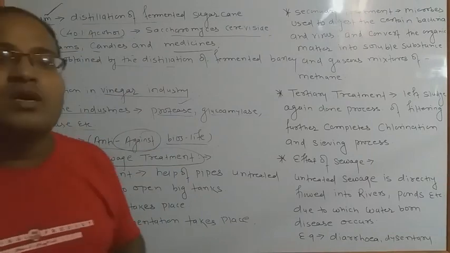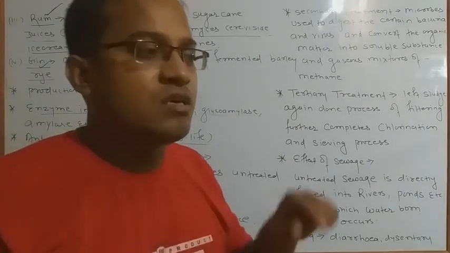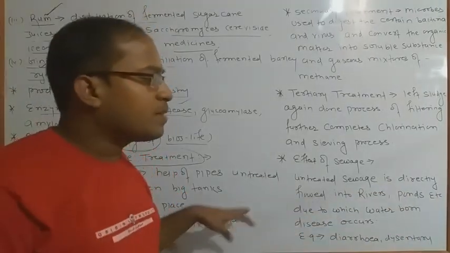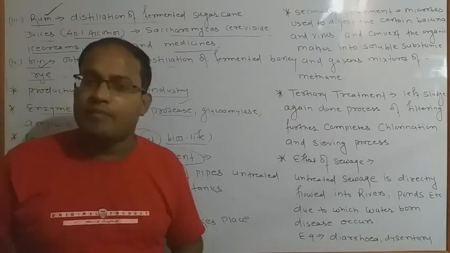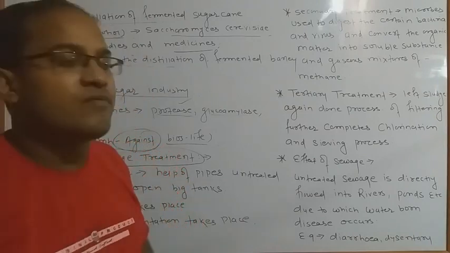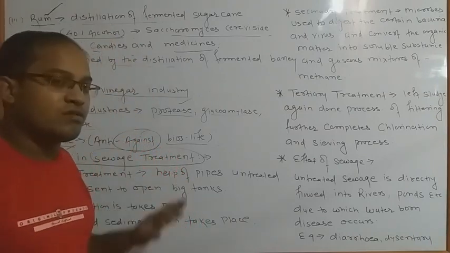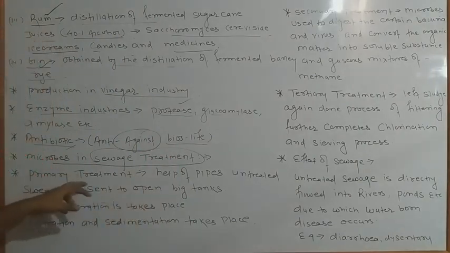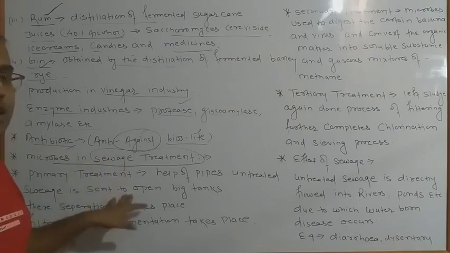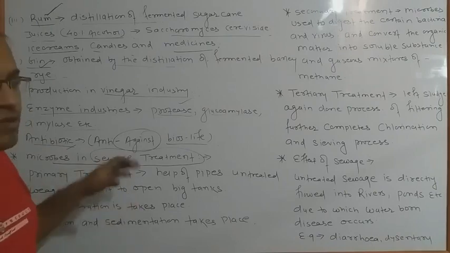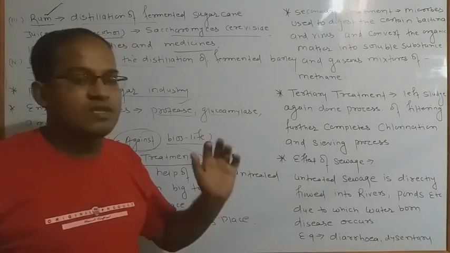That time several types of microbes are generally used to separate and sediment the different types of organic matter to clear the water in a purified manner. Okay, so that is the most important form, and it is polluted. Forget about the unpolluted things. Polluted means pollution and contaminated things are mixed with the water, it becomes sewage, and sewage is mostly in solid form when it flows with the water.